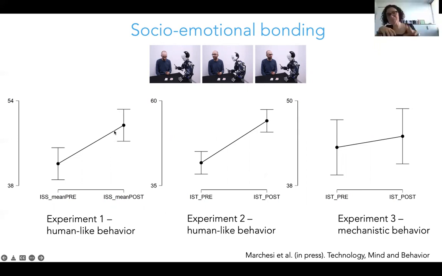Now, this is our experiment 2, where, since I couldn't believe this to be true after many failed attempts, as I told you, I thought, okay, I want to replicate this effect. So we ran experiment 2, exactly the same manipulation with human-like behavior, and we replicated the effect again. We increased the score. And this is our control condition where the robot was very mechanical. You see no difference. Whatever tiny difference you see was statistically not significant. So that shows that you can actually increase the intentional stance score by robot behavior.